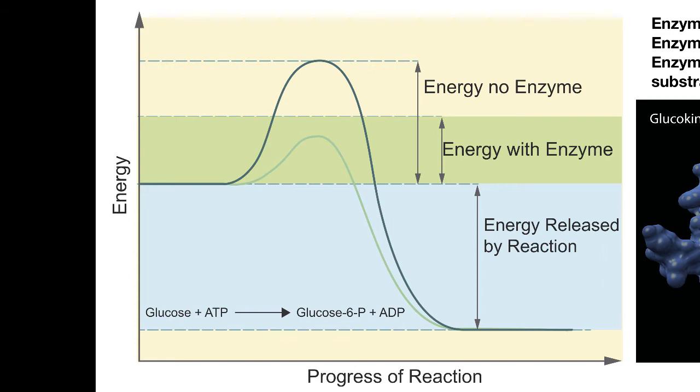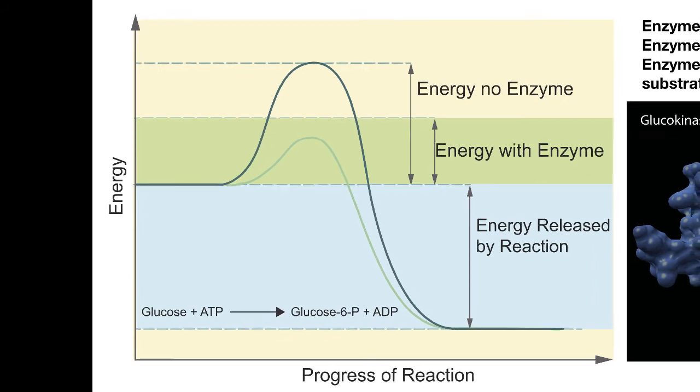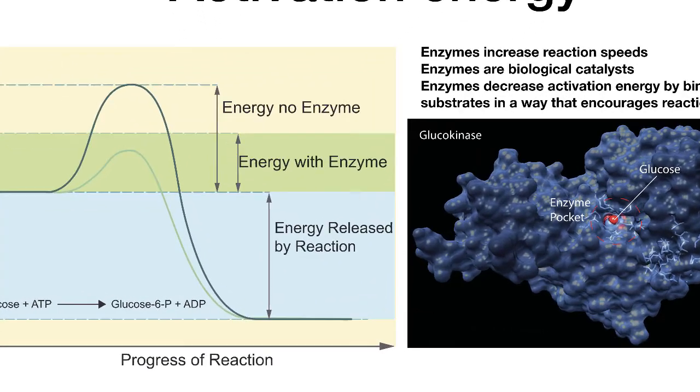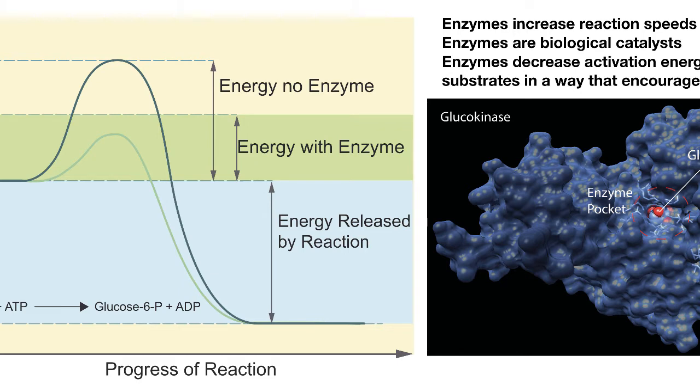In living cells, enzymes carry out reactions. Enzymes do not make reactions more favorable. What they do is they lower the activation energy, and you can see this represented as that lower curve. It makes it much easier for the reactants to get together and do their thing. So how do enzymes do this? Let's imagine another molecular picture. At the right, you see the structure of glucokinase, an enzyme that catalyzes the conversion of glucose to glucose 6-phosphate. By the way, this structure was generated by some brilliant protein chemists who use X-ray crystallographic technology.